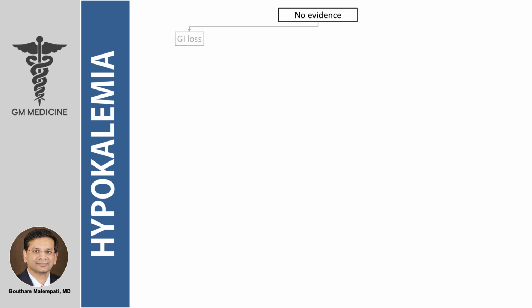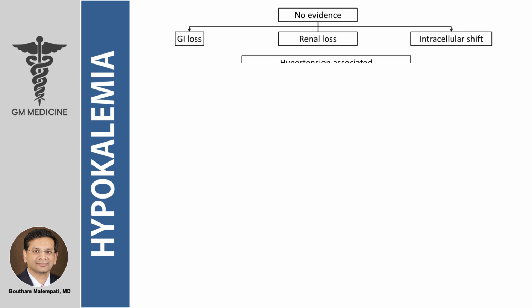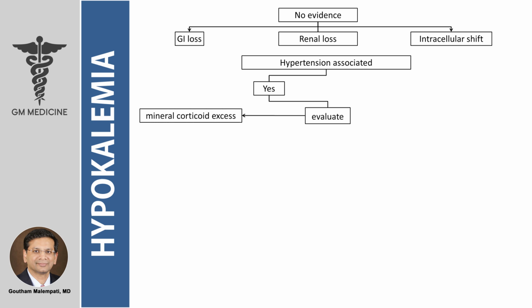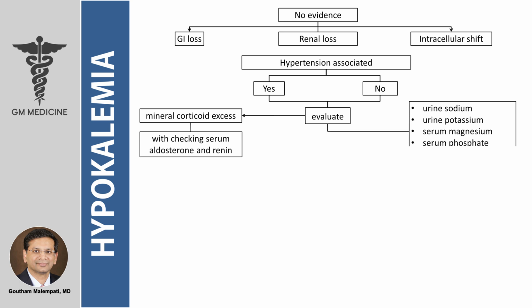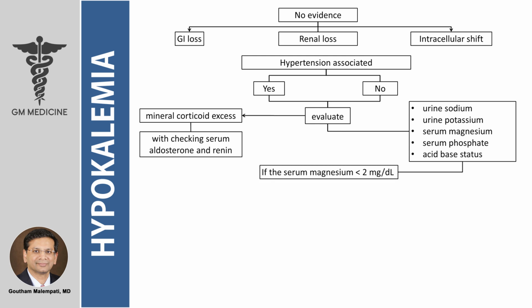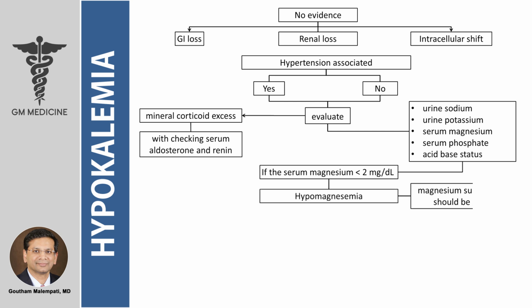If there's no evidence of gastrointestinal loss or renal loss or intracellular shift, and if there is associated hypertension, one should evaluate for mineralocorticoid excess with checking serum aldosterone and renin. If there is no evidence of hypertension, additional evaluation with urine sodium, urine potassium, serum magnesium, serum phosphate, and acid-base status. If the serum magnesium is less than 2 milligrams per deciliter, then this could be from hypomagnesemia, and